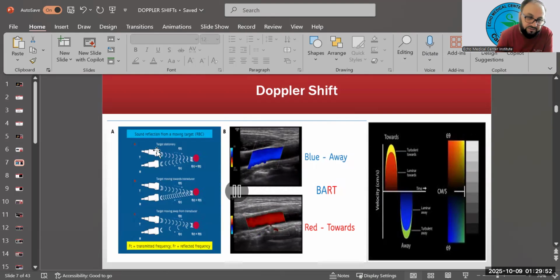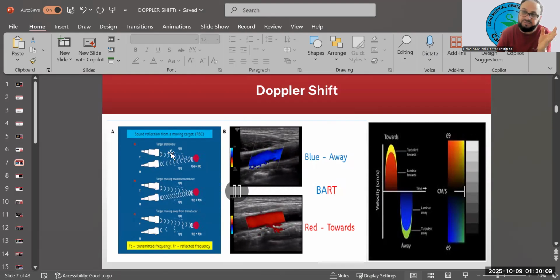Remember, that means you do not have any Doppler shift in that case. It means you are in a 90-degree angulation. You will not be able to see any red or blue or mixture of them. You will not see any of the above. Because